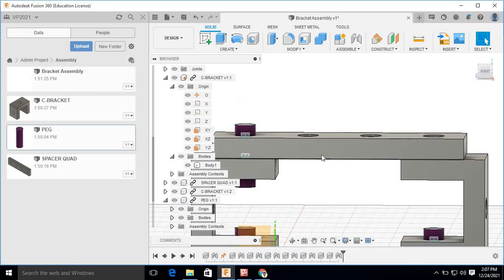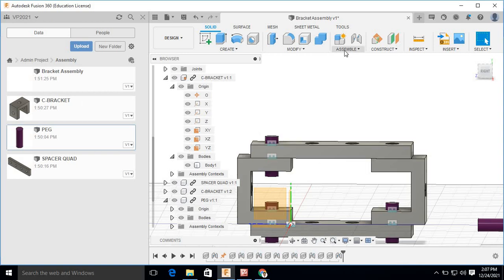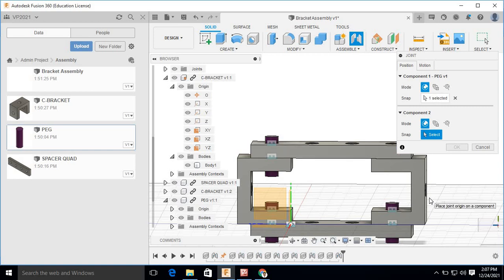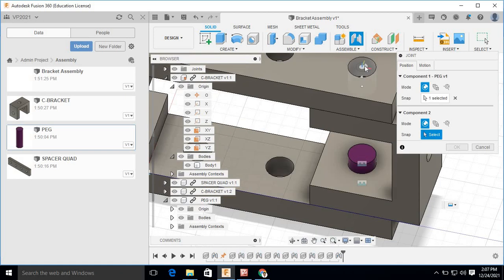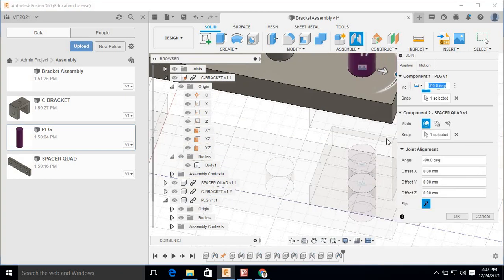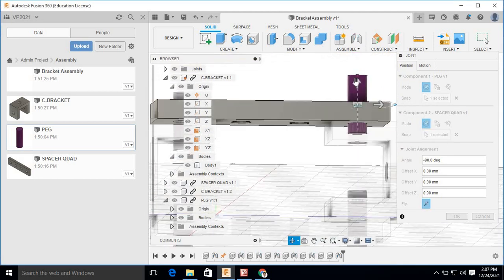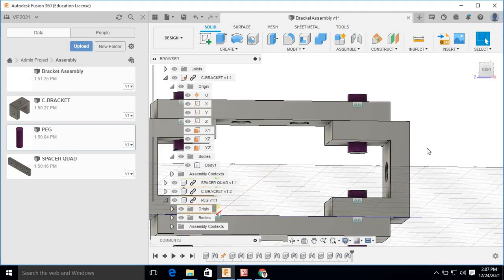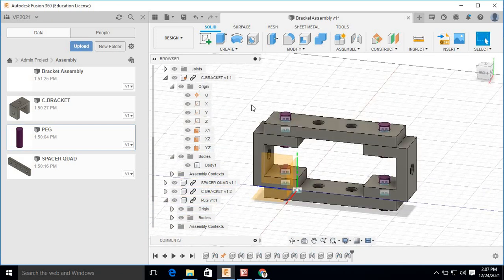Okay. Then similarly click J button and select this joint command. Select this cylindrical portions. Okay. Just to move in downward direction like this and press OK. Now you can see here this assembly is completed.